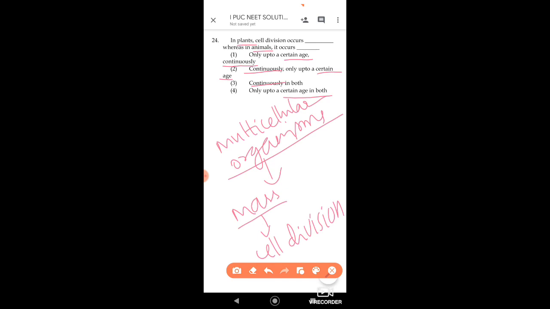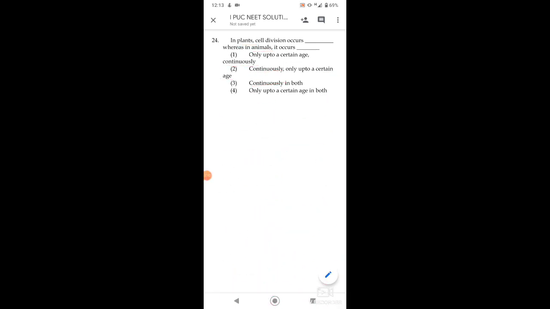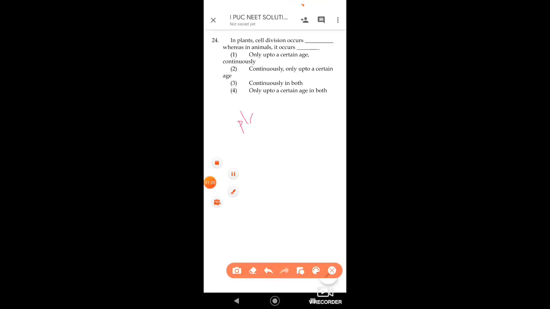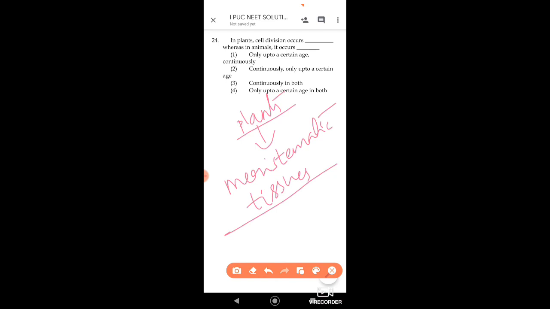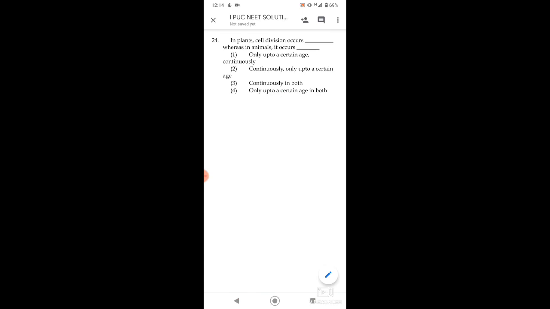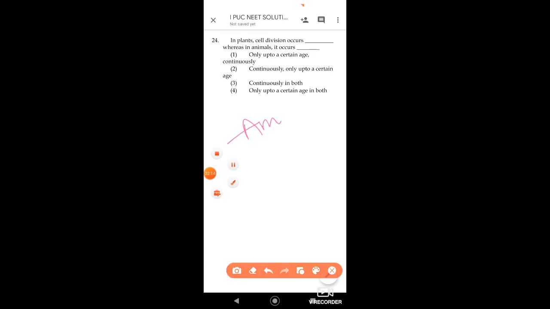Now further, in case of plants, they have meristematic tissues or meristematic regions throughout the body. These meristematic tissues, which are well distributed in the plants, are responsible for continuous cell division throughout life. So meristematic tissues are the tissues which have the ability of cell division, and they divide throughout the life of a plant. But when we consider the animals,